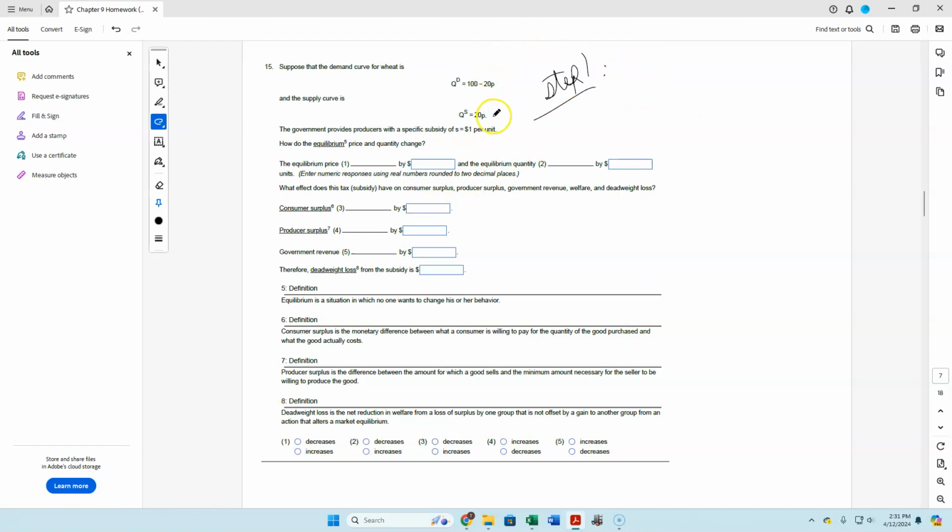You're going to set demand equal to supply, because we need to find out what the equilibrium is. And the reason why is because I need to draw my picture of what things look like. And what I can see is that producers are being given a subsidy of $1. So what is that going to mean? If they're given a subsidy of $1, it's going to shift out my supply function like this. So I'm going to have to resolve the quantity where the subsidy is provided, such that it shifts up by 1. So I need to solve for the equilibrium price and quantity.